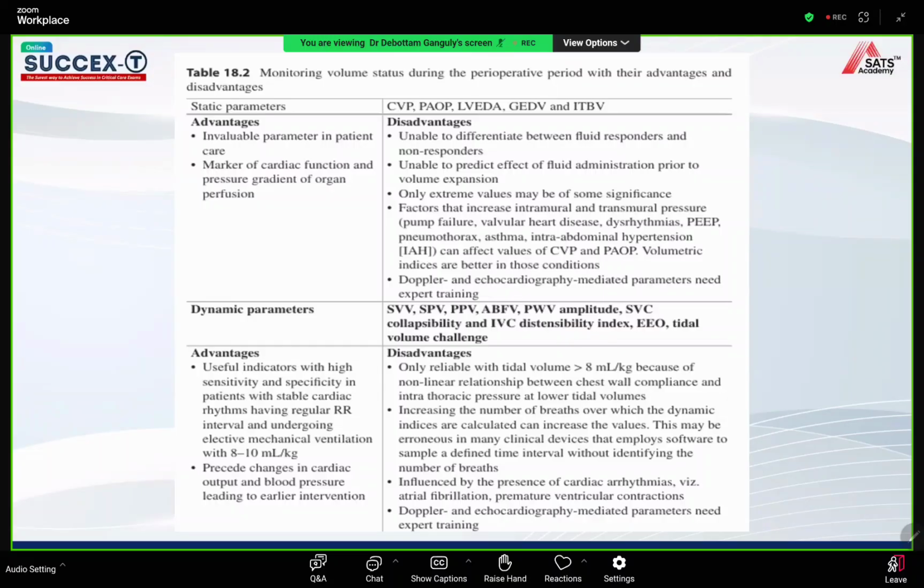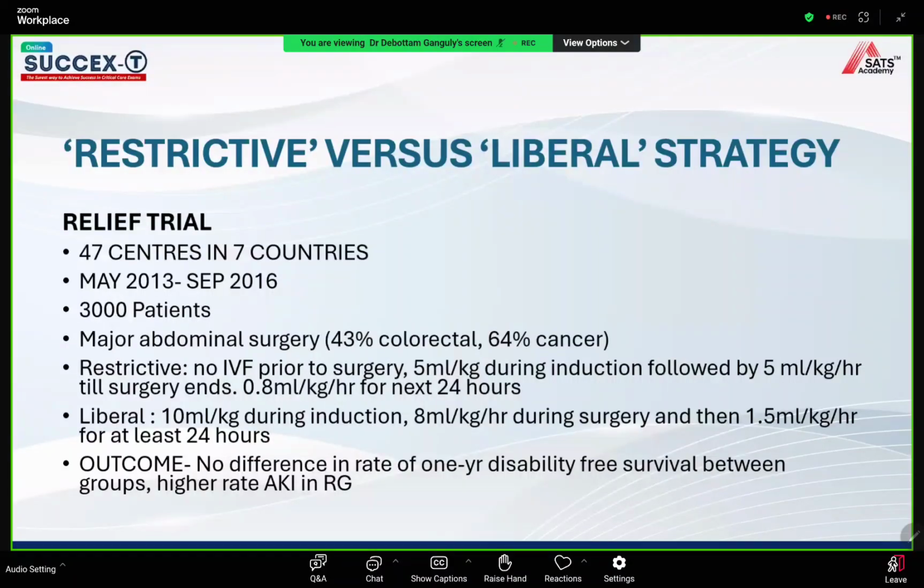In static parameters like central venous pressure, pulmonary occlusion pressure, LVEDA, extravascular lung volume, all these things are there. In dynamic parameters, there is stroke volume variation, pulse pressure variation, IVC collapsibility and distensibility index, end-expiratory occlusion test, tidal volume challenge test, all these are there. We have to go through this and give fluid according to the fluid responsiveness